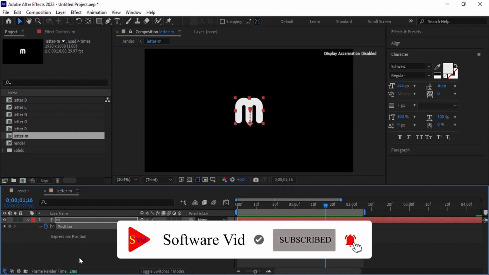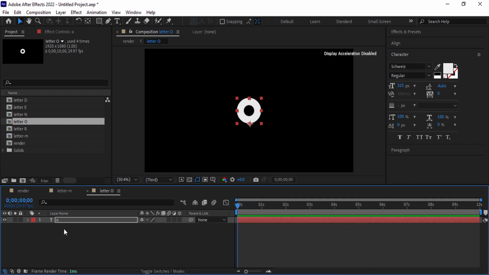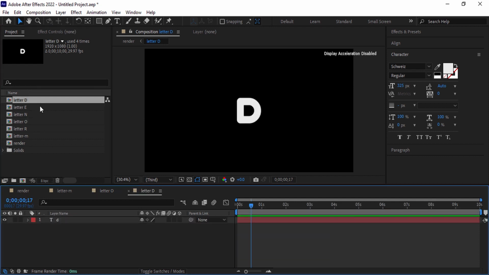Then open the letter O layer. Go to the first frame and then press P. Here paste the position values which we have just copied. Do the same with all the layers and everything is going to work fine.